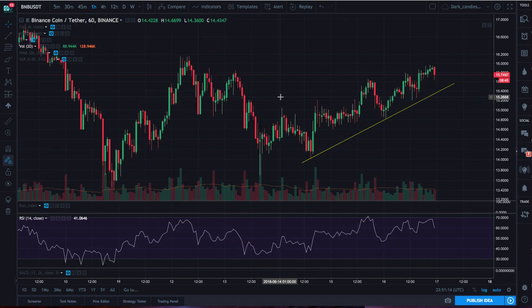we're seeing. But across the board, just looking at some of the alts, many of them are attempting to put these reversal patterns in, these bottoming formations, trying to form some lows here, but we've not seen any confirmation yet